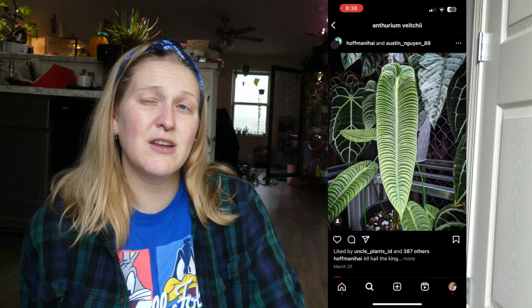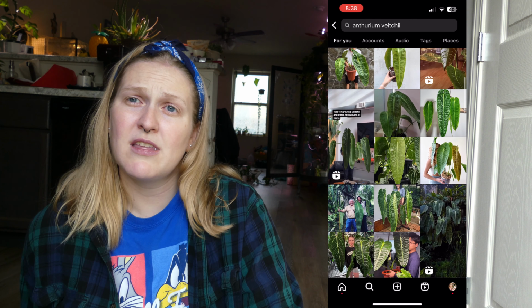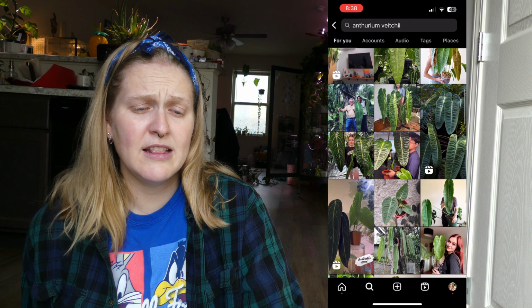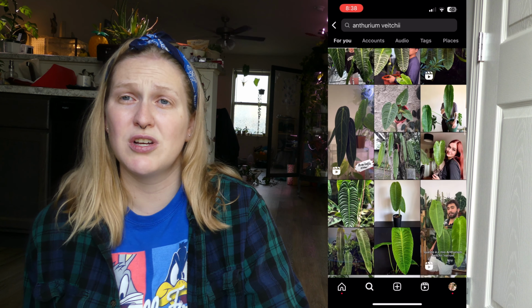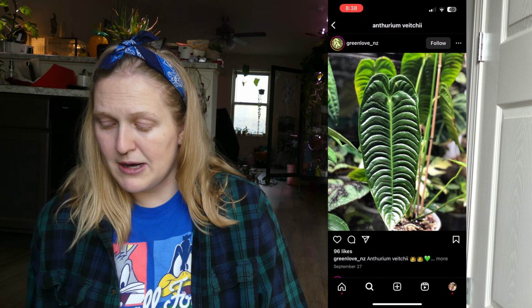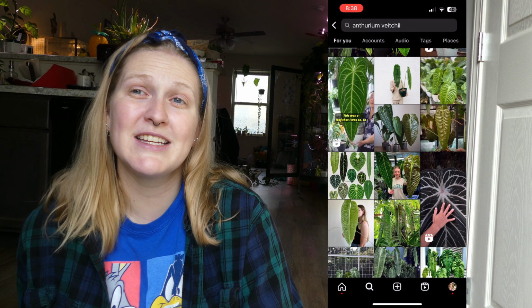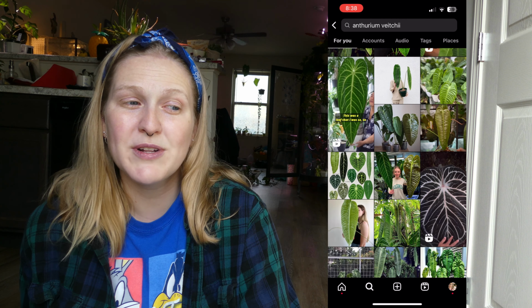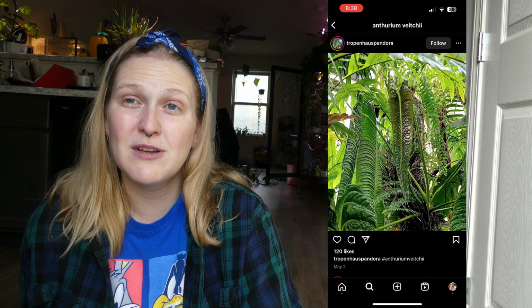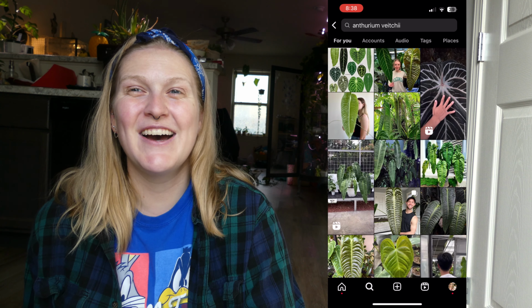I only have one Anthurium, and I wouldn't say that it's thriving. I have a strap leaf Anthurium, and it lives in my greenhouse cabinet. It just started giving me leaves, but they're not anything crazy. They're still very small. I also don't tend to spend a ton of money on my plants. I think I've had 2 plants ever that were 3 figures, and that was because I had gift cards. So